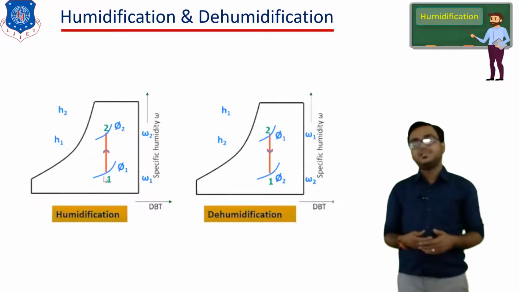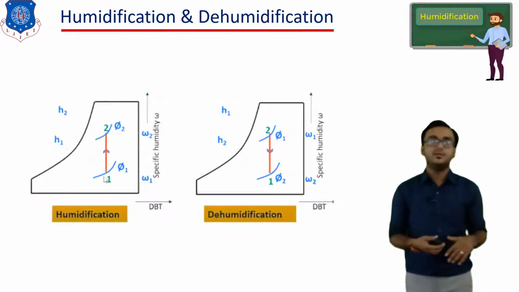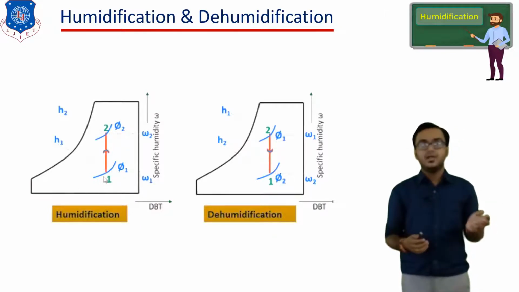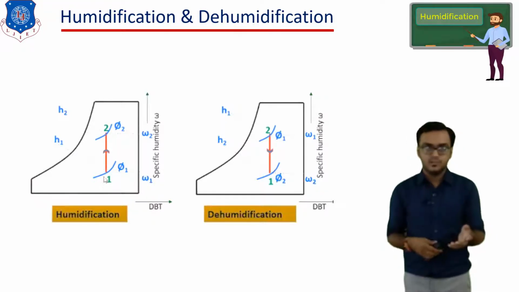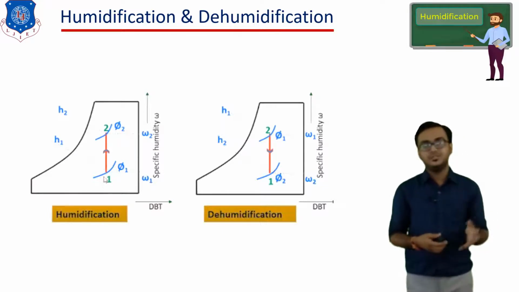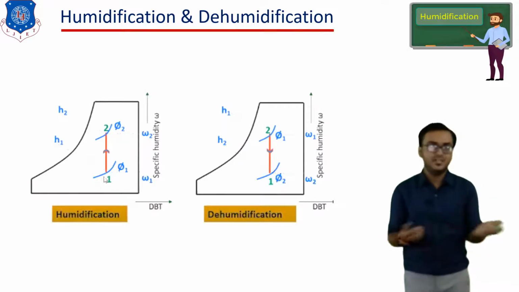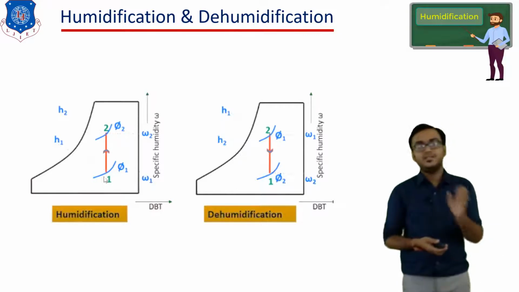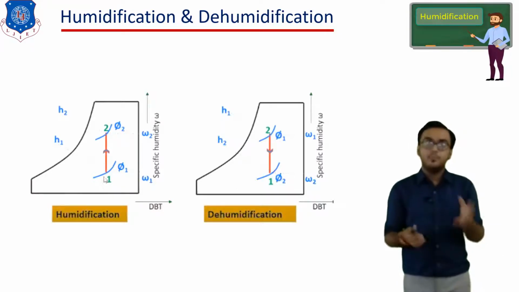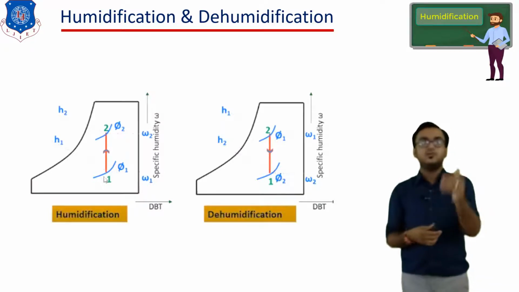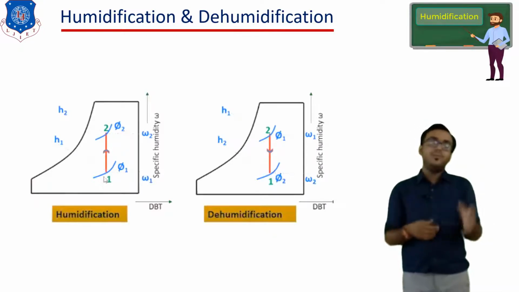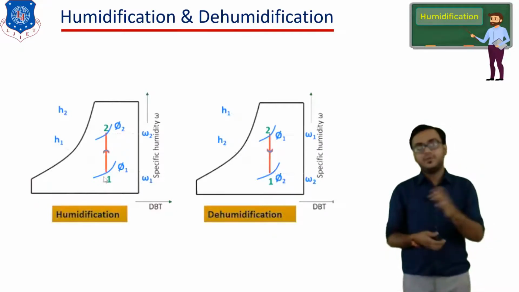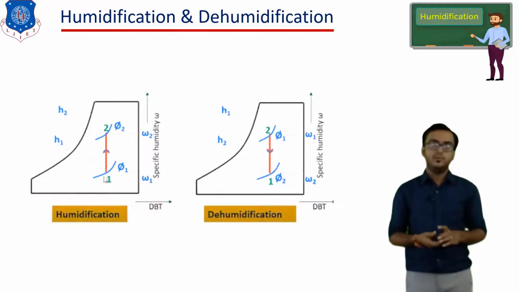But from our practical experience, we know that the humidification and dehumidification process is always accompanied by heating and cooling. It's impossible to execute the humidification and dehumidification process alone. Because of the addition and removal of moisture, there might be some sort of variation in temperature. Okay, so humidification and dehumidification are never performed alone. But to understand the basic philosophy behind the process, consider we are performing it without the rise of temperature. Okay, so here, let's say we have a humidification process.